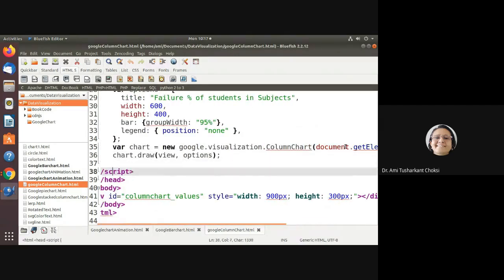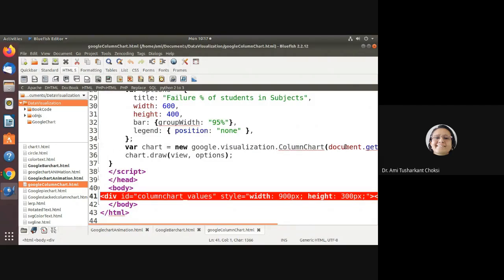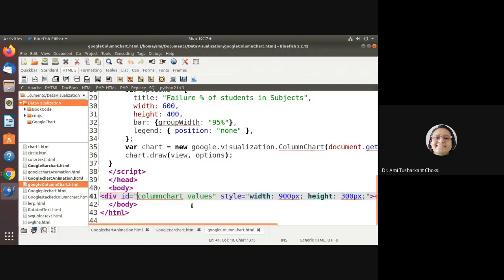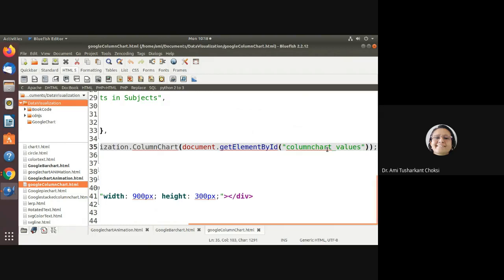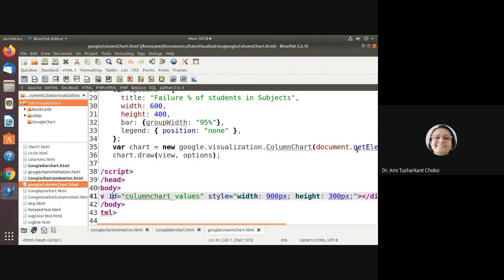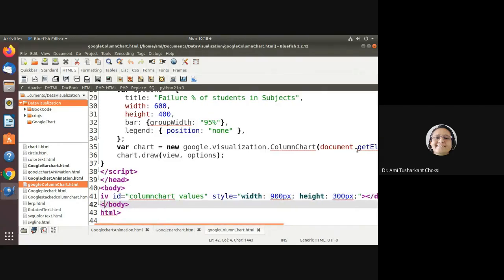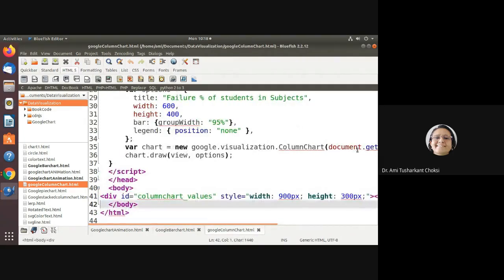So that is available here. div id is equal to column_chart_values. It is the same which we are specifying here in the document.getElementById. Fine. Now style is equal to width colon 900 px and height is 300 px and div, right? And body. So this is there.